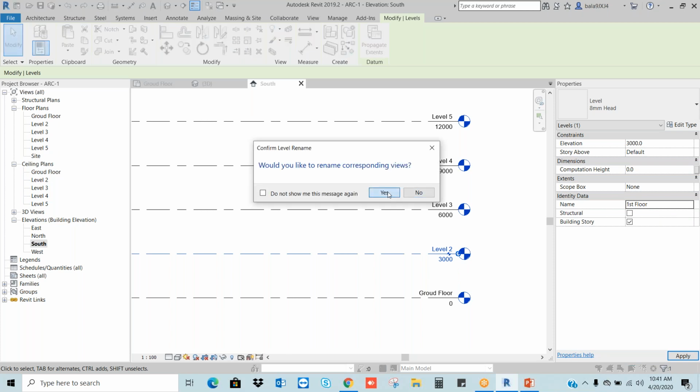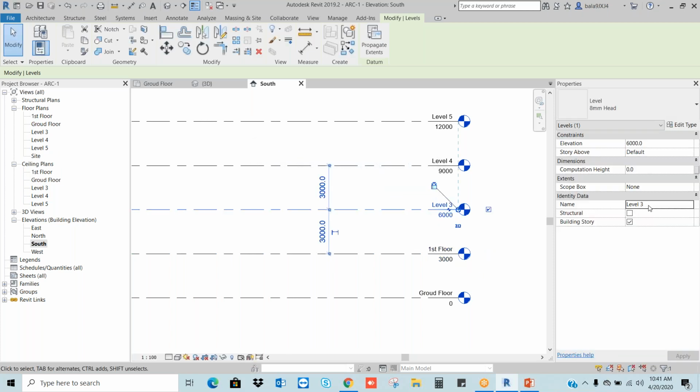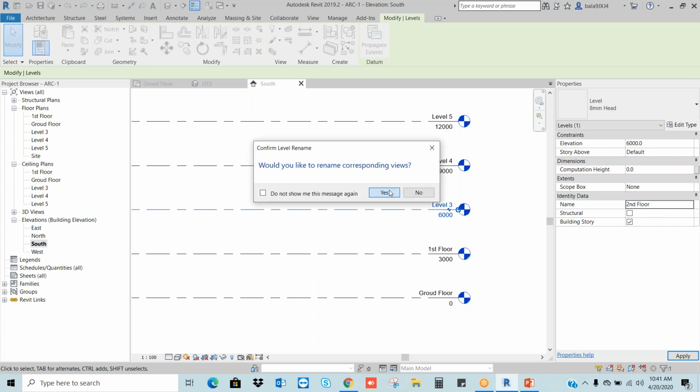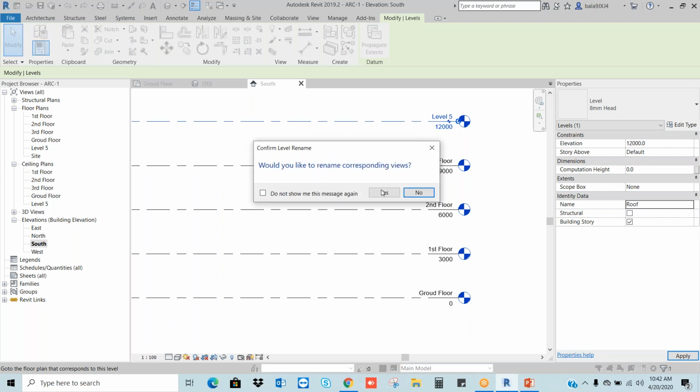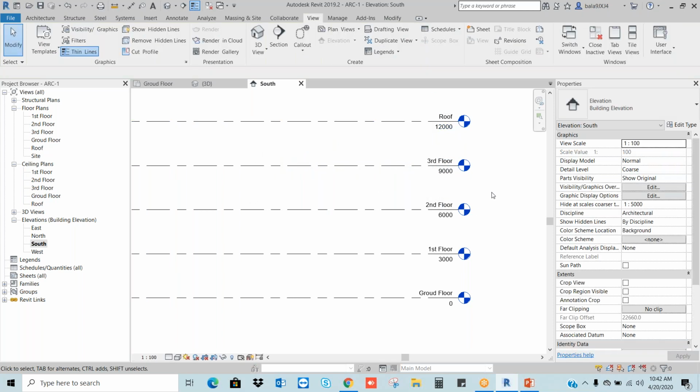Whatever we have done in the structure, we have to do here. Select it. Done.